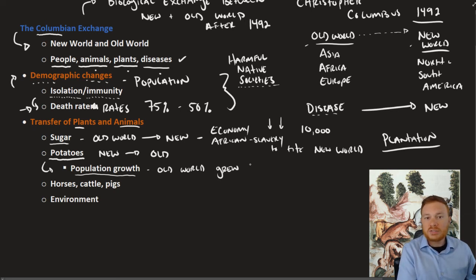Typical crops in the Old World included things like wheat and rice, which are great crops in themselves, but the potato could also supplement that. So in Old World societies, Europe, Asia, and Africa, wheat was still grown, but potatoes were used to supplement that, and because there was more food, health was better, and because of that, there were more people who were born, so population growth on the old side of the world.